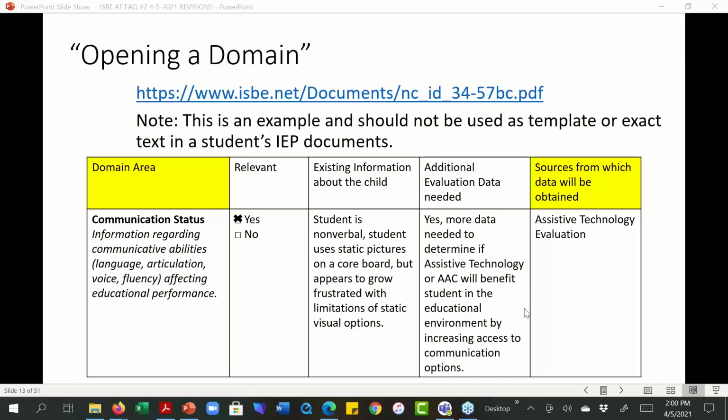So if you're bringing someone in from an independent contractor, and you're bringing that person into the team to complete that, you would need consent. A rule of thumb that I sometimes go on is that if this is an evaluation, or if you need data that is extraneous to what any other student would get, or like if you have a screening, let's say vision and hearing screening, or a social emotional screening, you might not need a consent for it because it's a screening.